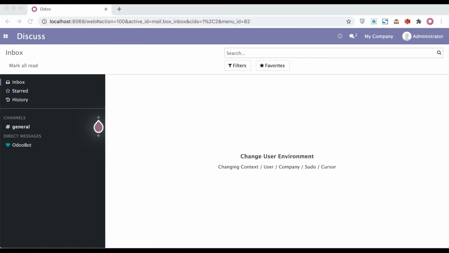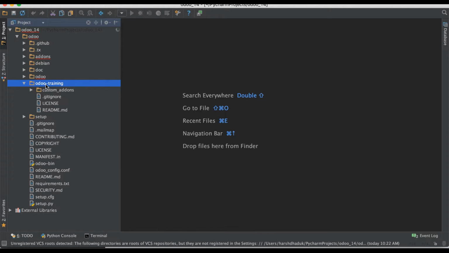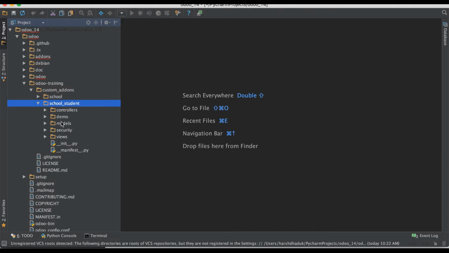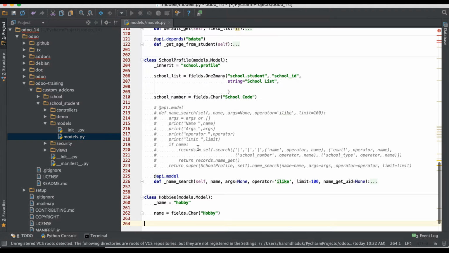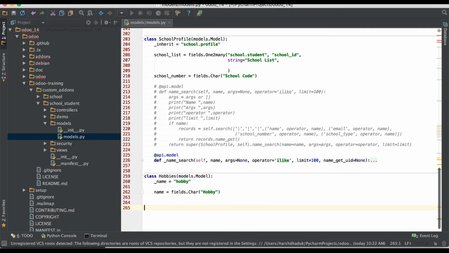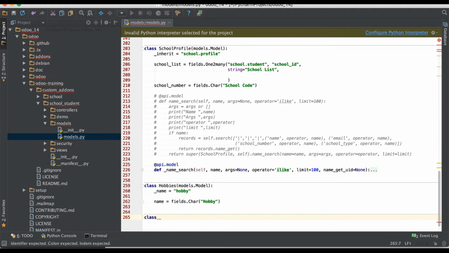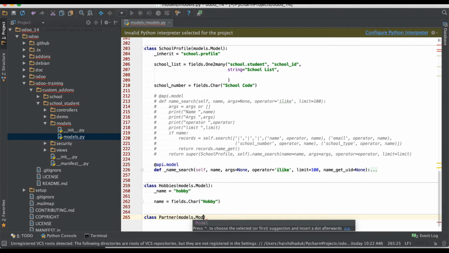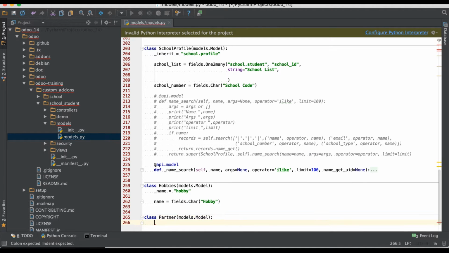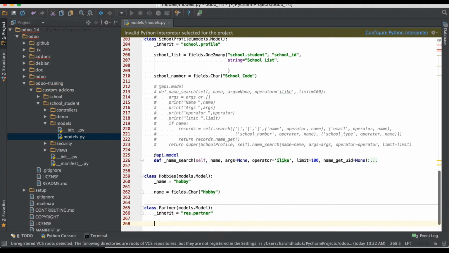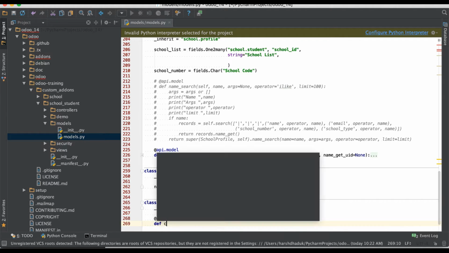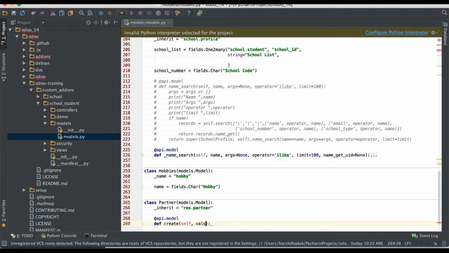Going to an editor and going to the custom module. Okay, so now we are trying to create a new profile for the res partner using with_context. Inherit res.partner, then api.model, def create, vals,